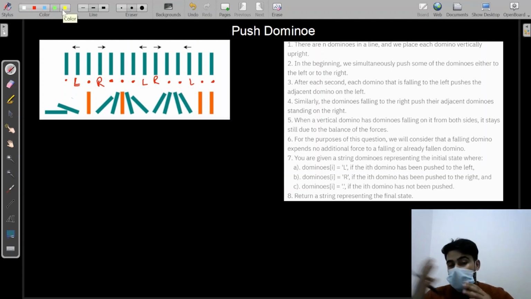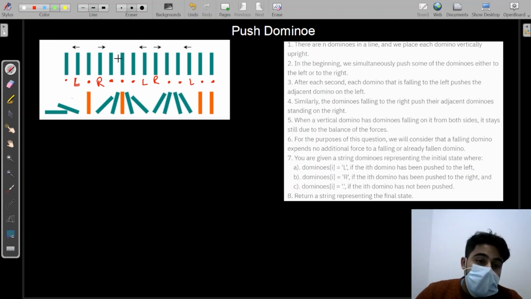Now let's discuss the other two cases. That is, when one of the dominoes starts falling towards the left and one of the dominoes starts falling towards the right. Here you can see that I'm discussing these two things. This domino is falling towards the right and this domino is falling towards the left. There may be cases that the domino which lies in between